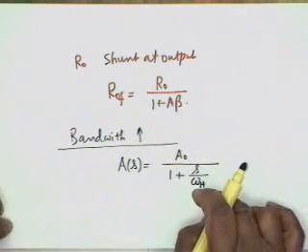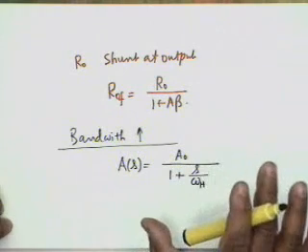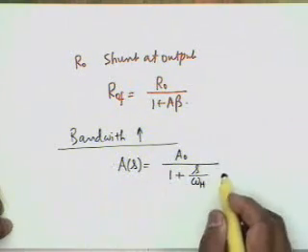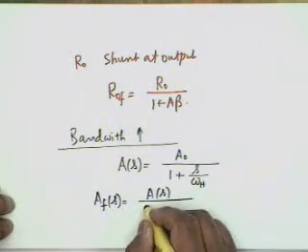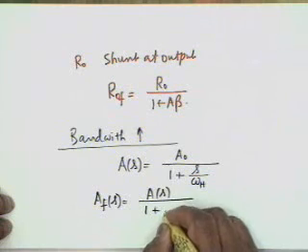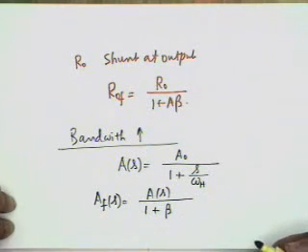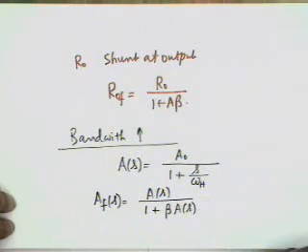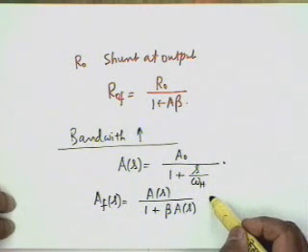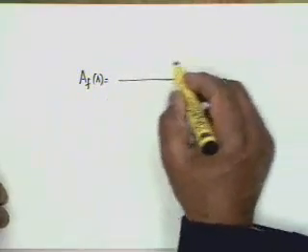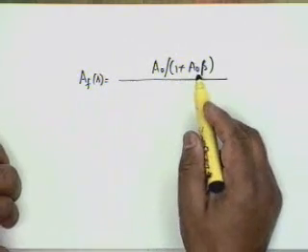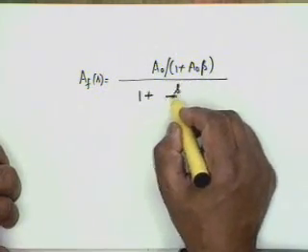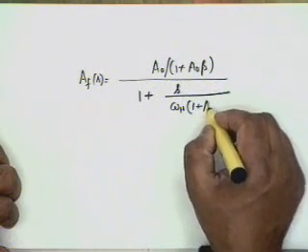Midband gain is A0 and the 3 dB point is omega h. We replace j omega by s. We work in the Laplace domain. This is the expression for the high frequency gain of an amplifier. Now take AF of s, which is A of s divided by 1 plus beta A of s for negative feedback. We assume that beta is resistive, that is, beta is not a function of frequency. If you substitute this in this relation and make some simple algebra, the result is AF of s becomes equal to A0 divided by 1 plus A0 beta. This is expected at midband. This is the gain, divided by 1 plus s divided by omega h multiplied by 1 plus A0 beta,